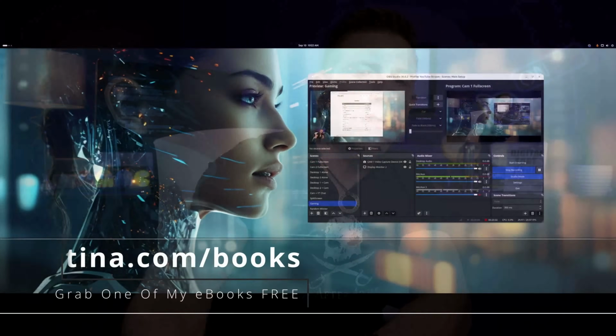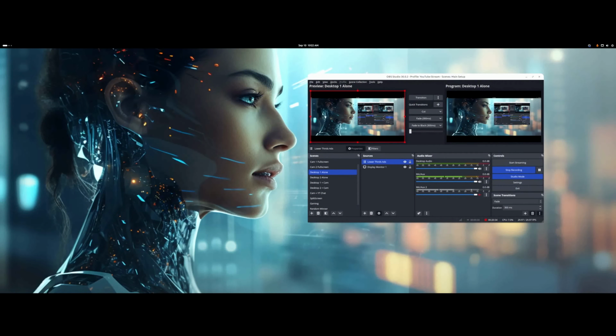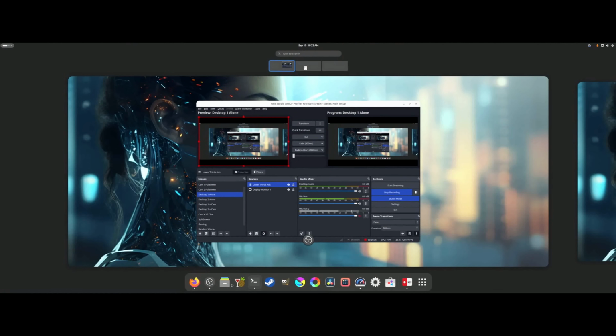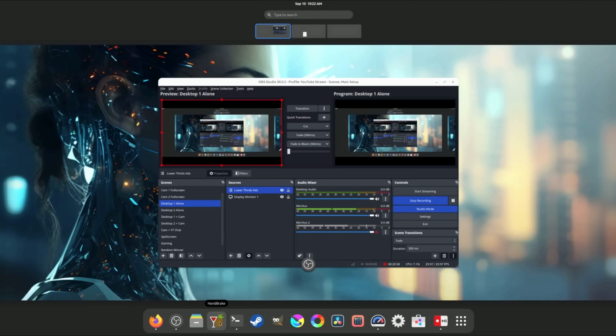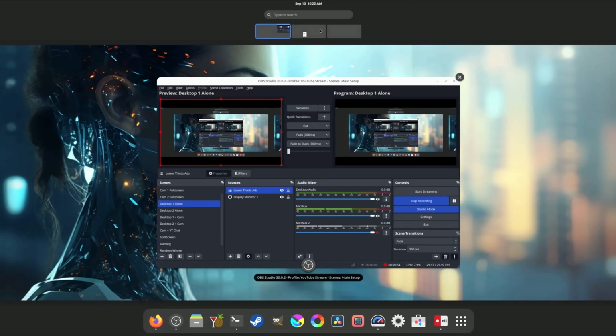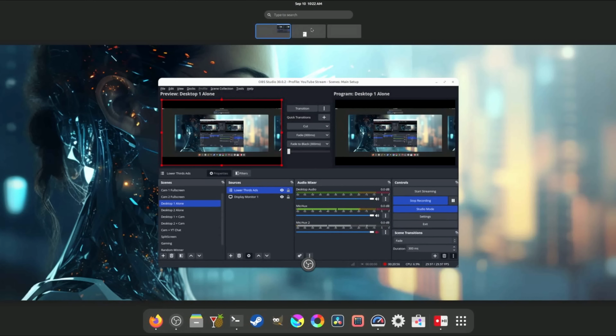So let's pop over to my main screen so you can see this, all of the apps down here popping up. Maybe I'll zoom in post-production or something. Down at the bottom, we can see we have Firefox, which we just used. The next one is OBS, and that you can actually see right here on the screen. Now, if you guys don't know it, before I go any further, there is different desktops that are set up already.